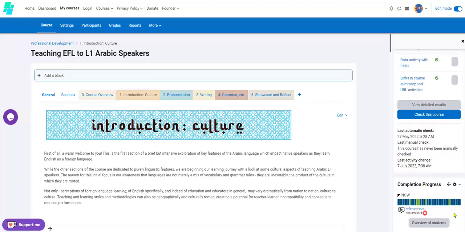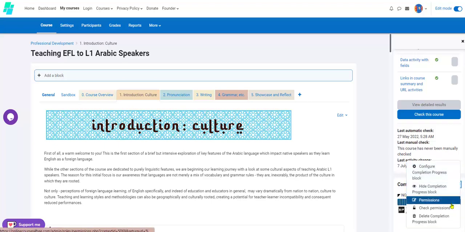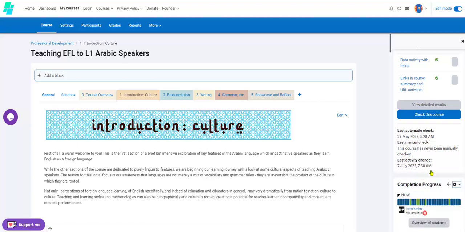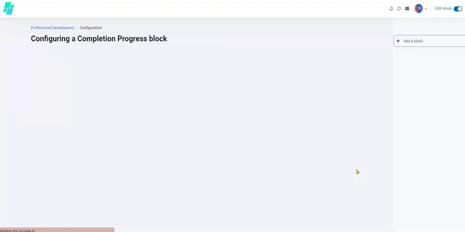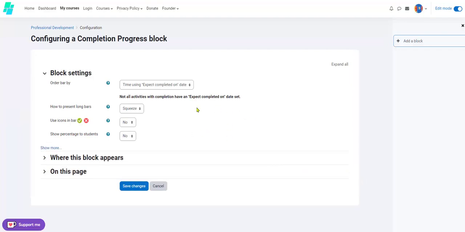I'm trying out some of these activities. I'd obviously completed them, so they're being flagged here as completed activities. There's an awful lot of stuff. A little bit meaningless. Let's go into the configuration of the block and make it a little bit clearer. Okay,